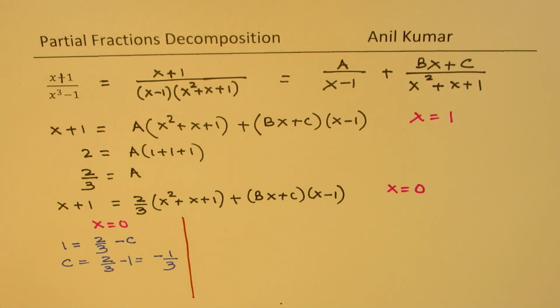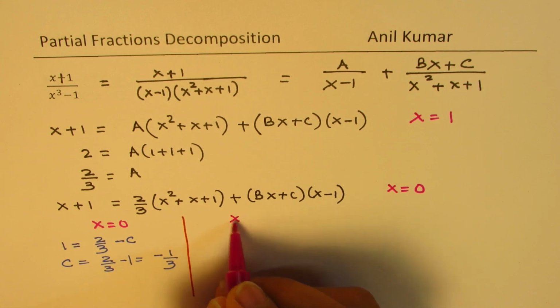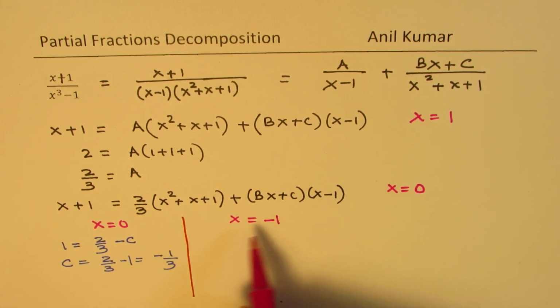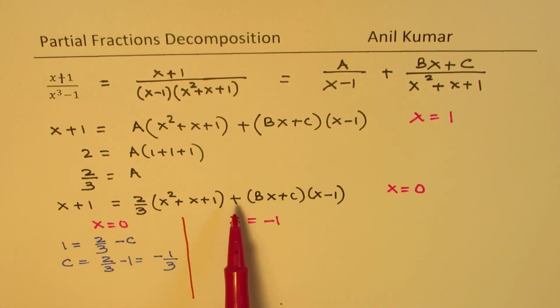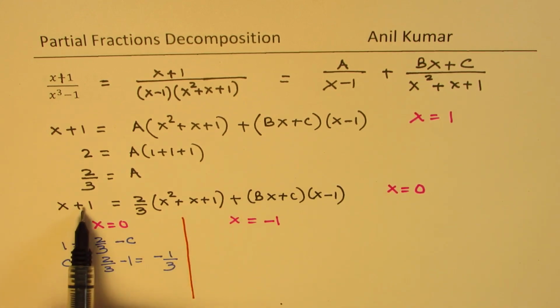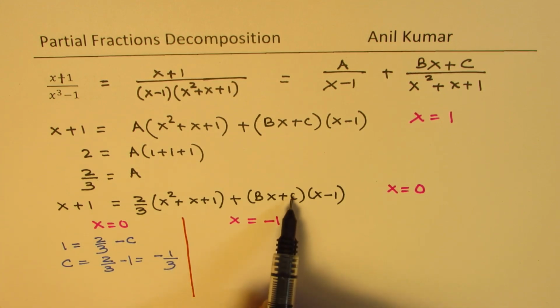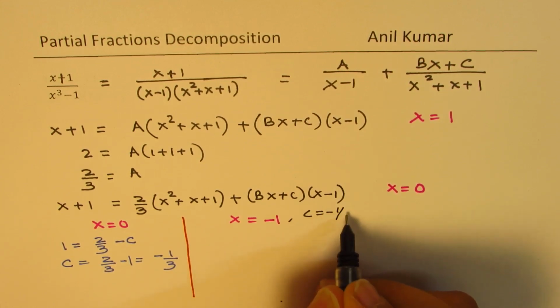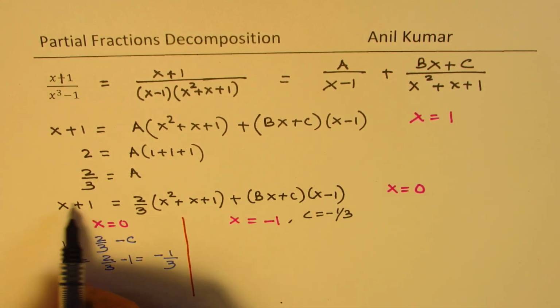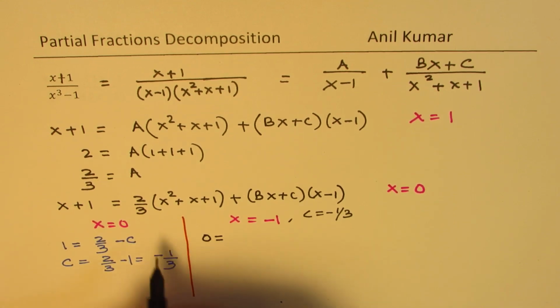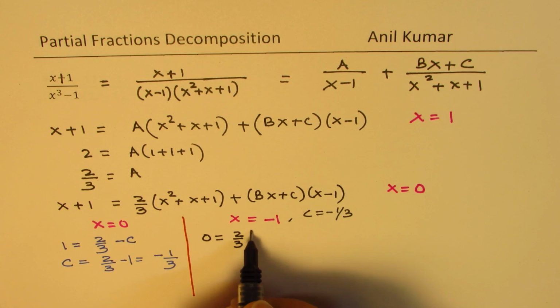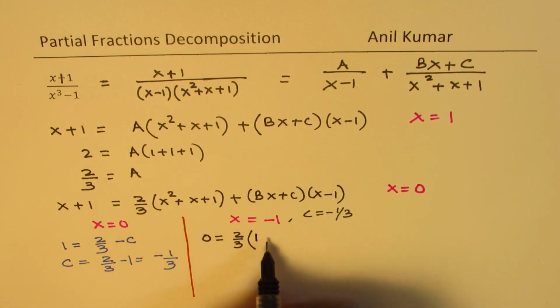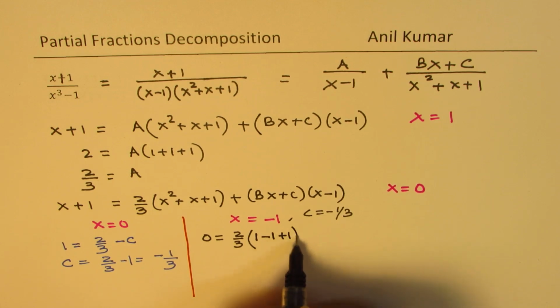Okay, so we could substitute x equals minus 1, for example. Just take some value to get the value of b, because this is an identity and it is valid for all values, correct? So when I substitute minus 1 in this equation, we know c is equal to minus 1 over 3. With minus 1, the left side becomes 0. We get 0 equals 2 over 3 times minus 1 plus 1,